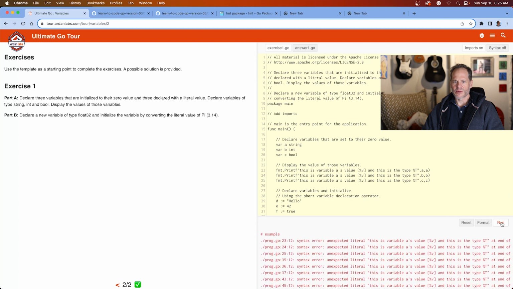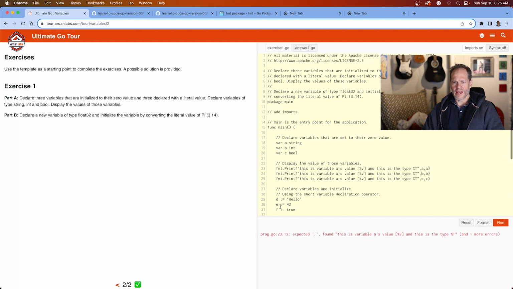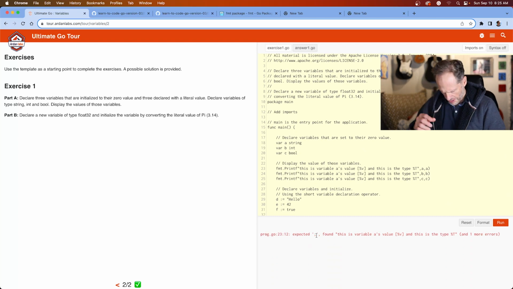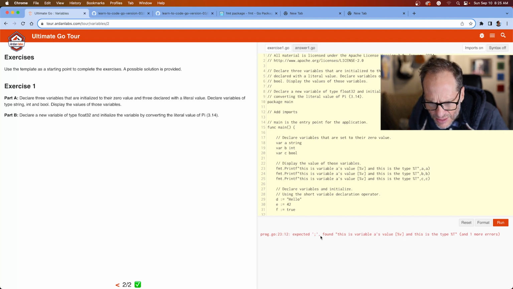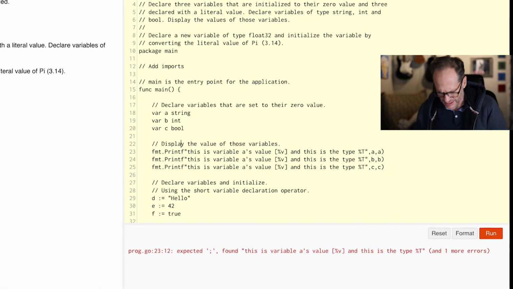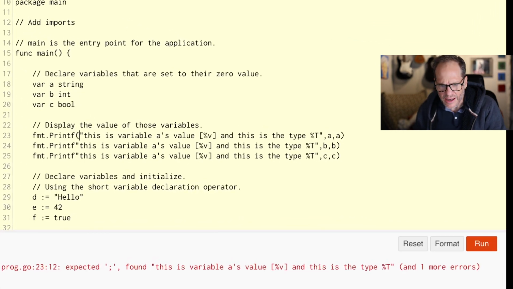I don't know what that means. We'll explore that in a second. So it's saying, oh, I've got to click format maybe, and expected this. Hold on. Where am I? Here they are. Expected a semicolon on line 23, and found this. So line 23, it tells me right here, line 23, and the semicolon automatically gets added at the end of a line. Printf, and so I need right here on all of these, apparently, I have the syntax error because